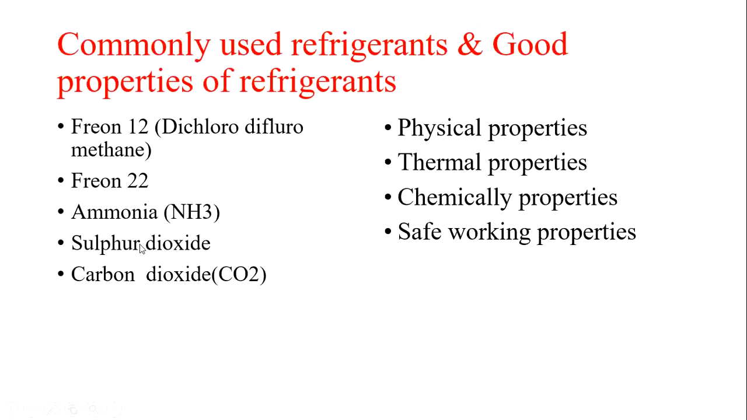Some of the properties of a good refrigerant. What are the important properties of a refrigerant? The properties of a good refrigerant can be categorized as physical properties, thermal or thermodynamic properties, chemical properties, and self-working properties. Some of the desirable properties of a good refrigerant are: the refrigerant should have low specific volume, low viscosity, low boiling and freezing point,